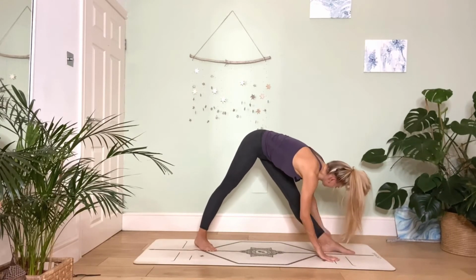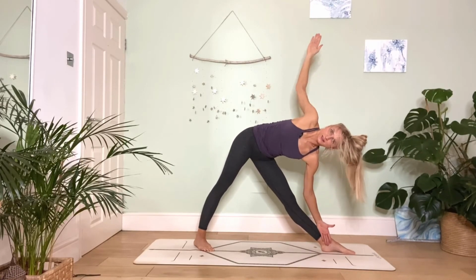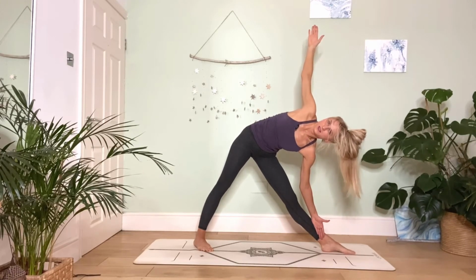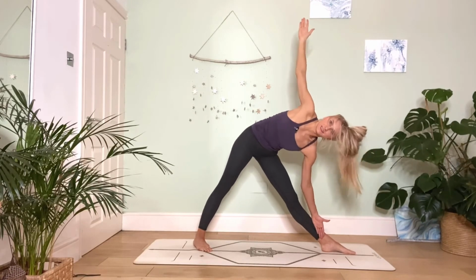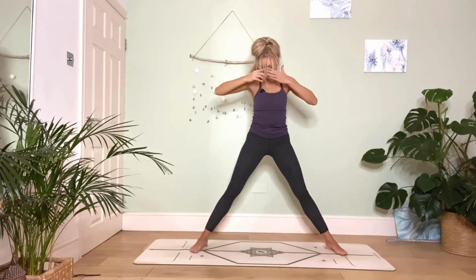And then when ready, inhale, open into your triangle. So pushing through those hips, squaring the hips. Hold and breathe. So squaring the hips sideways, not frontwise. And then when you're ready, inhale, back into our star,